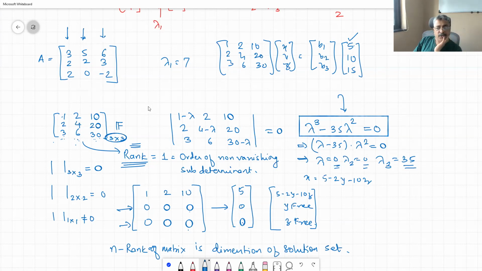So for 35, if we wish to find out the eigenvector, for 35, not this, this one, then you will observe that 1 times the first vector, 2 times the second vector